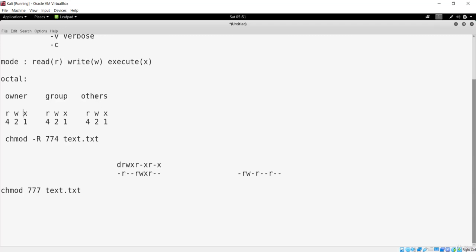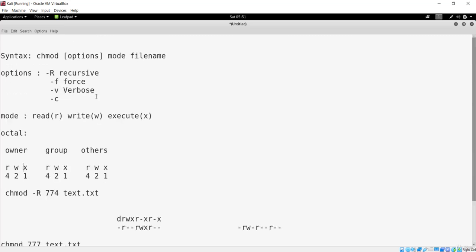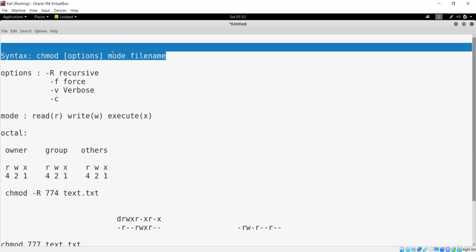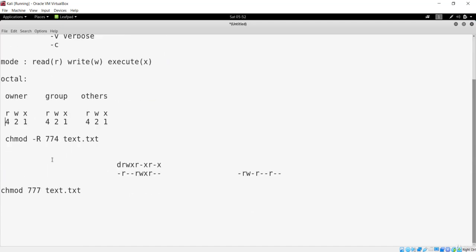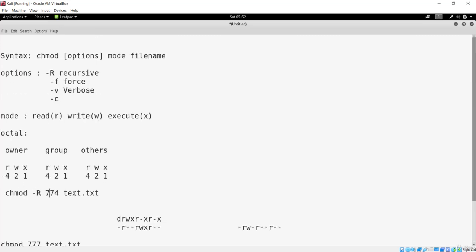So this is the way to assign the permission to the file with this mode, read, write and execute mode. And these are the simple options, like we can use the recursive mode, and mostly we'll use the recursive and force mode, and that is basically your read, write, execute, which should be assigned in this octal way, which is basically assigned by this number. 7 refers that they can read, write, execute, and basically we'll just assign this number to that file name to assign the permission to each of these file names. So this is the way to use the chmod command.